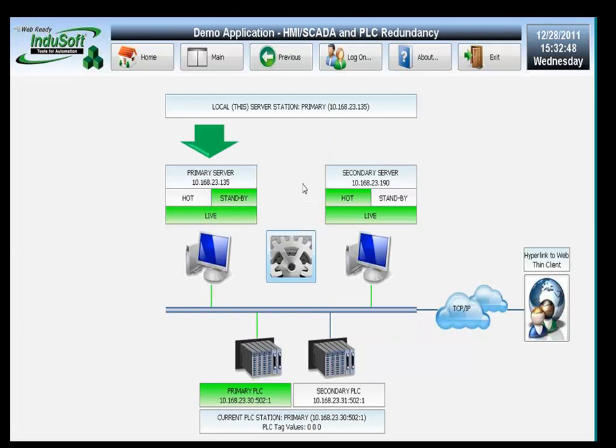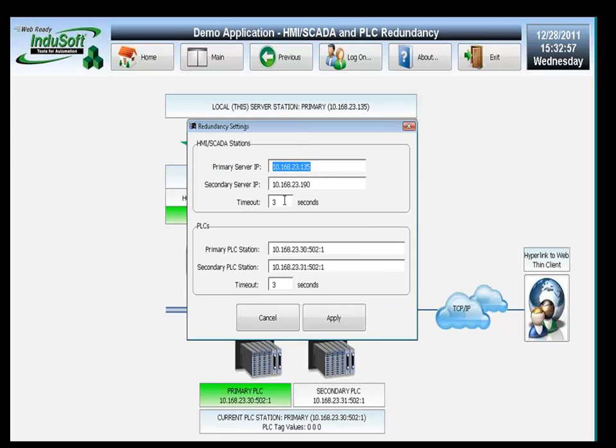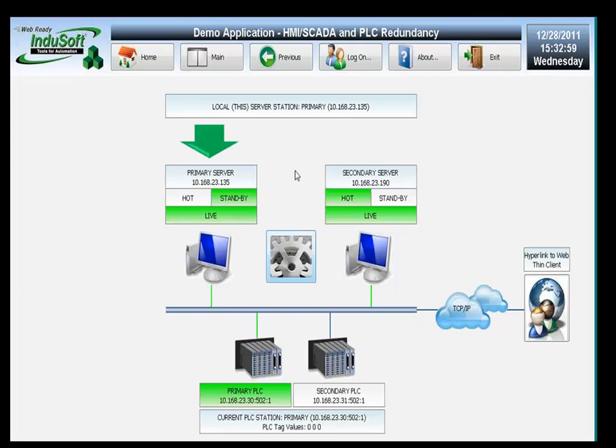One of the main advantages of this solution is that, number one, it's fully configurable, very flexible. You can change the IP addresses on the fly, you can change the timeout on the fly, and by changing the script, you can even change the condition to define that one station is hot or standby. So this is just an example that is very much suitable for the vast majority of the hot standby systems, but you have the flexibility to change this script, to change this algorithm, to change the settings,